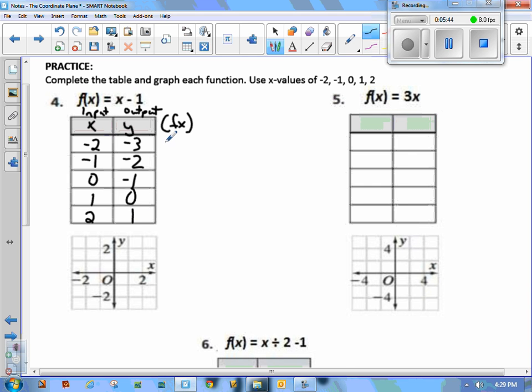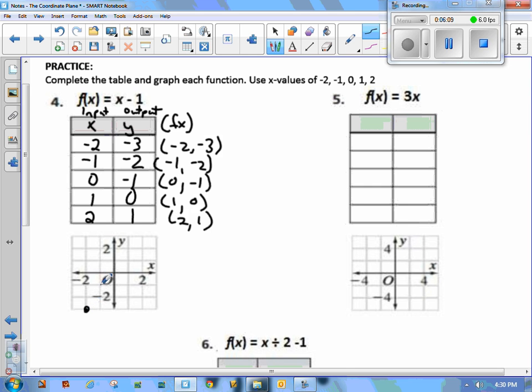So now I have my coordinates. So my coordinates are negative 2, negative 3, negative 1, negative 2, 0, negative 1, 1, 0, and 2, 1. And I'm going to go and plug those in here. So I have my first coordinate, negative 2, negative 3,